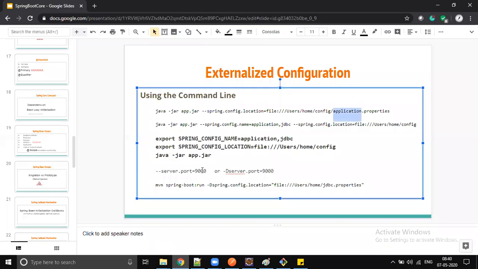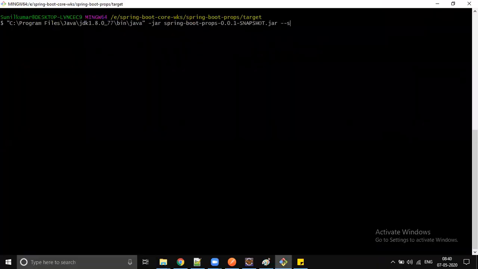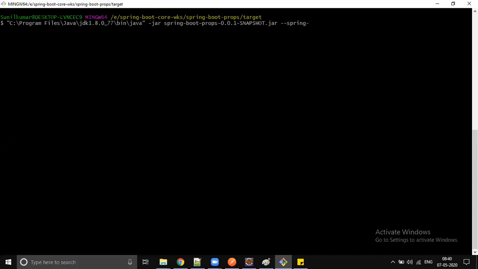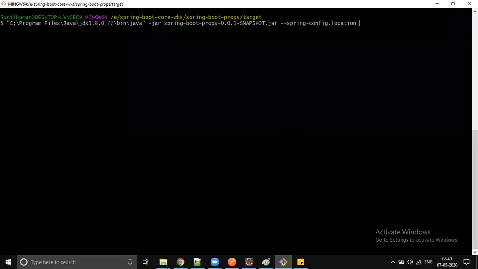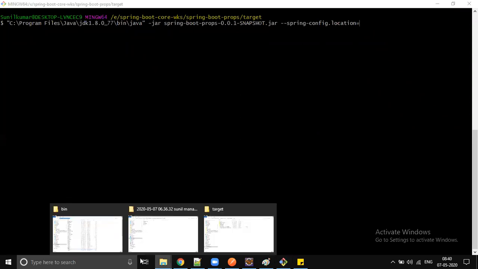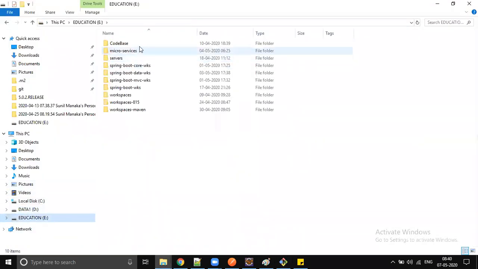The command we have to pass is --spring.config.location. Let's go to the command prompt and type spring.config.location. Location or locations? Location. Equals. So where is my file present? It is present inside the E drive, code base.